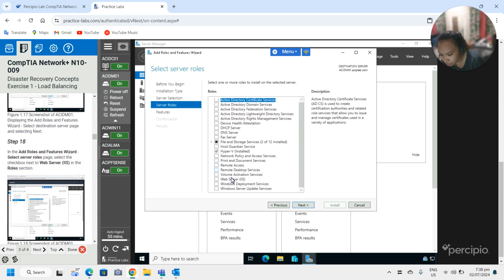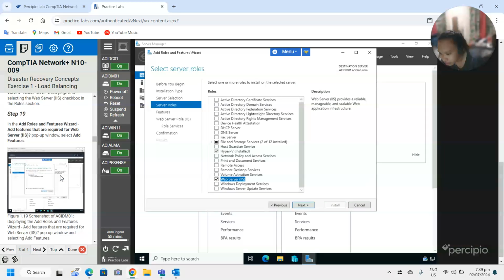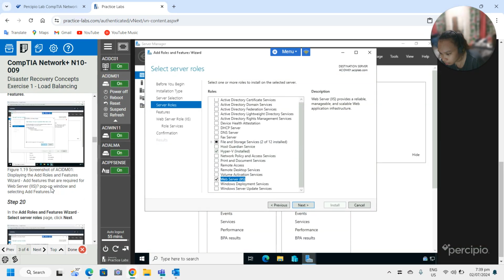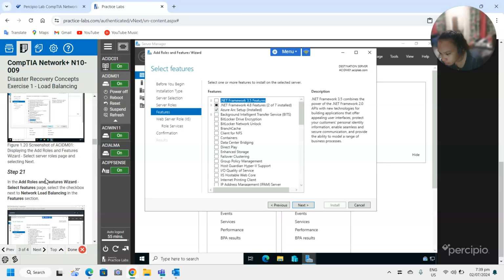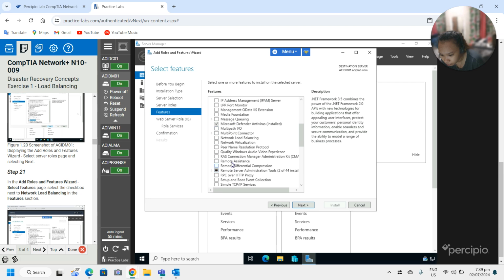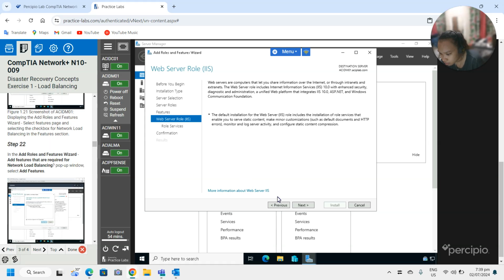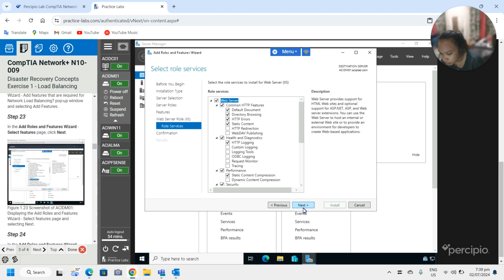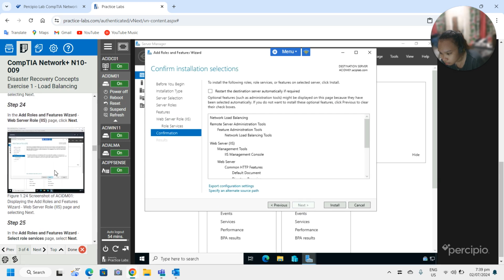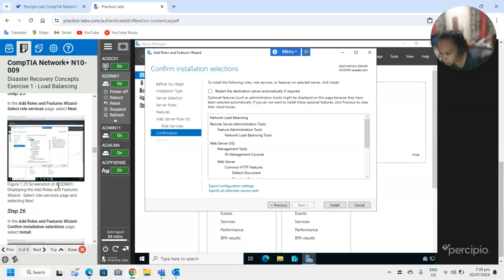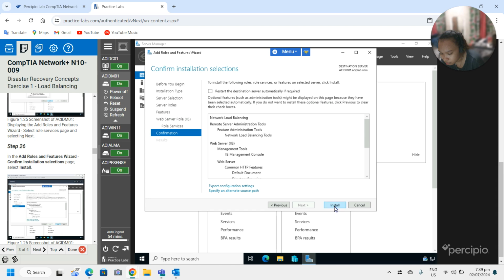We just have to click the web server again, add feature, and then click next. And then network load balancing, add feature and then click next. Next, then install.